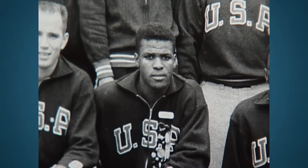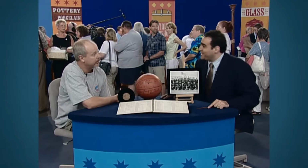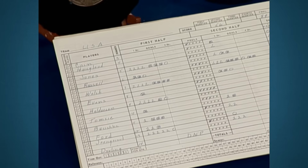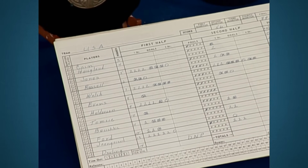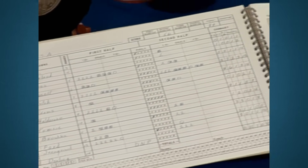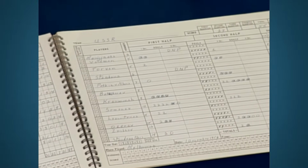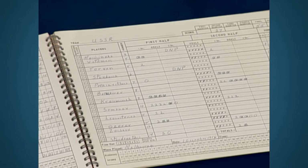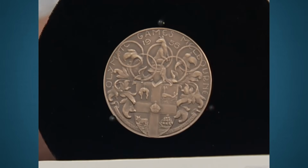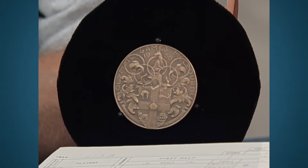The original photograph documented the triumphant 1956 U.S. Olympic basketball team, including the guest's father standing proudly among the players. The original scorebook from the games provided a unique window into the statistics and performance of the dominant U.S. team. Each inscription within the scorebook held the potential to tell a story about a particular game, a close call, or a decisive victory. The guest's father's participation medal, though unassuming, served as a tangible recognition of his contribution to